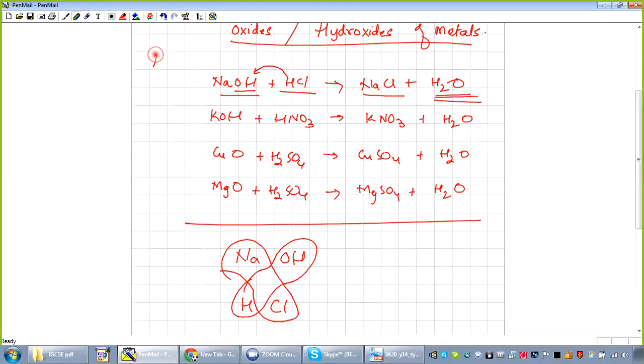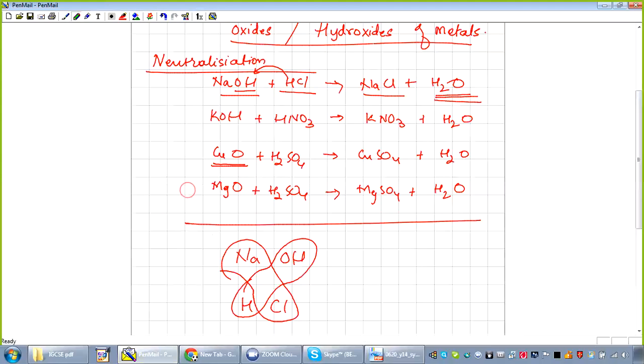This is known as neutralization. Any reaction in which an acid and a base combine together to produce salt and water is called a neutralization reaction. Now here you can see this is an oxide